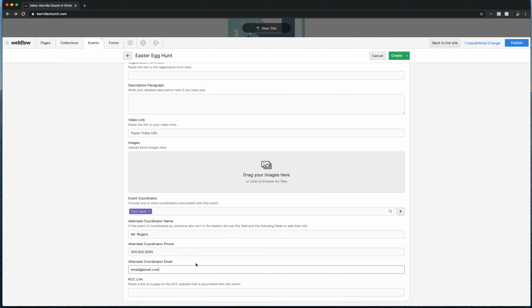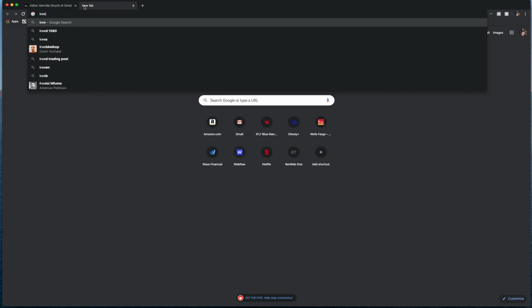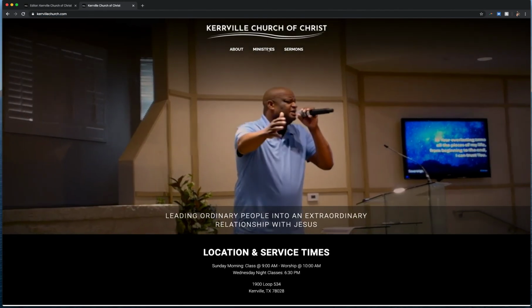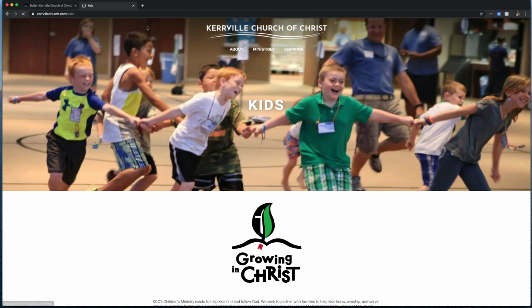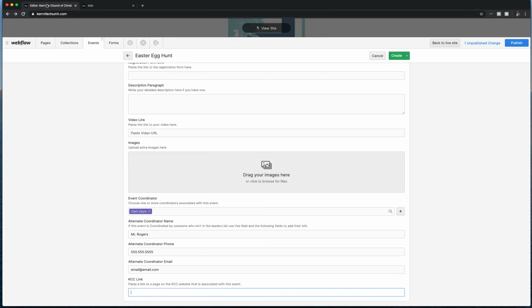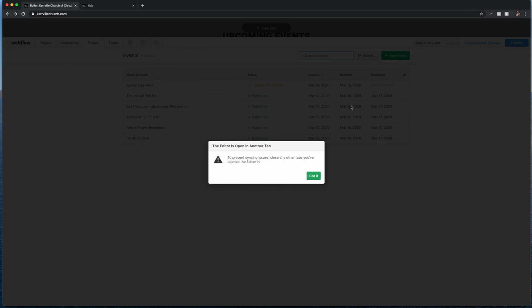And then you could type in an email@email.com. Now, if you want the event to link to another page on the KCC website, like you want them to also be able to, from that event template page, access the youth group page or the children's ministry page, you can put that link right in here. So for example, if we wanted it to link also to the kids, I can copy that URL, go back in here, and paste it right in there. Now when I click create,